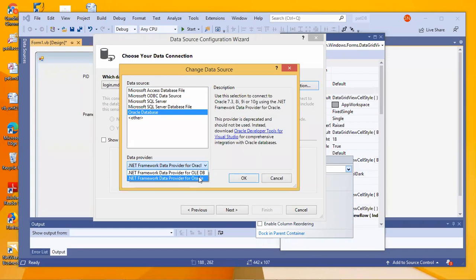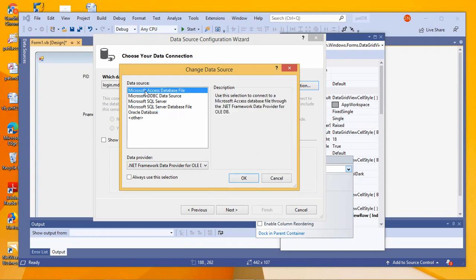This was one part of your theory, correct? There are different data providers. How do you select the versions of data providers? It is based on the database creator. In which database do you create? Based on that, you need to select a data provider. Do you remember that? In which are we creating now? Which one should I select for a data source now?